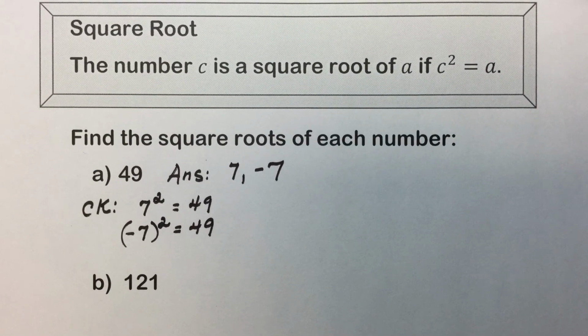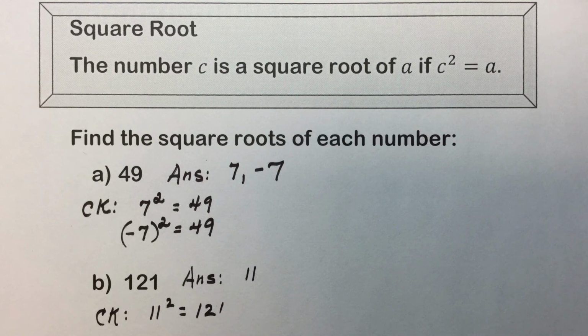In the next problem, 121, we're looking for numbers that, when multiplied by themselves or squared, equal 121. Our answer in this case will be 11, since if we check that, 11 squared, 11 times 11, is 121,